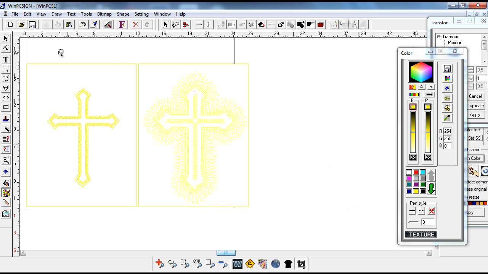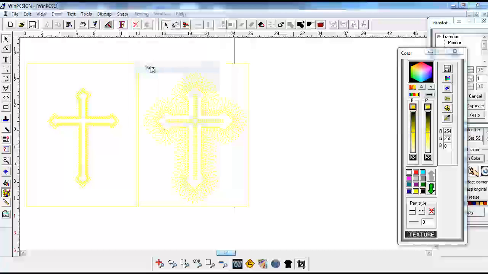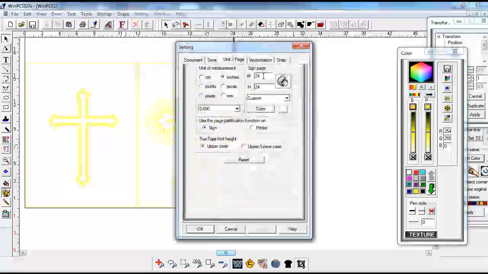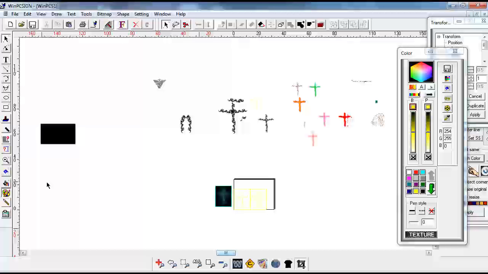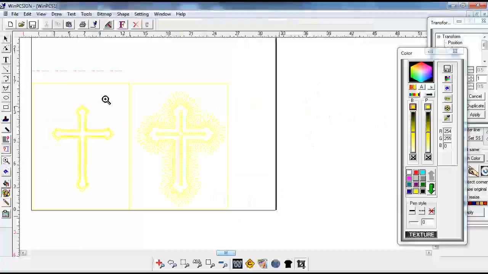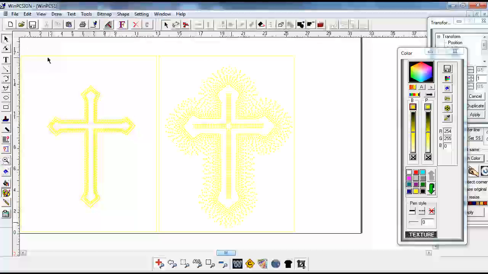And now this is all the same color, so if you have it like this, all the same color, it's going to pick up on the cutter and cut everything. So you're going to want to make your page larger, and how you make your page larger is go to Settings, go to Page, and we want this wider, so I'm going to go to 32 inches. And that makes your page wider,